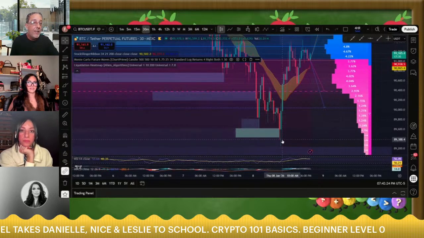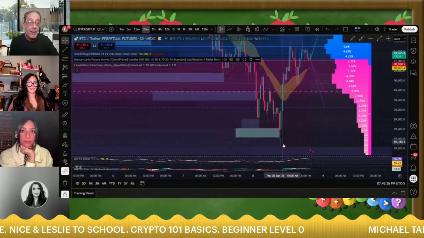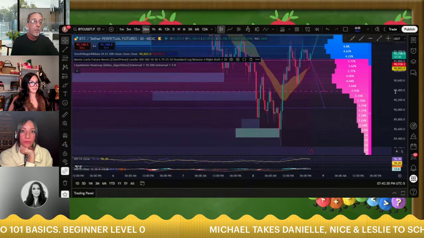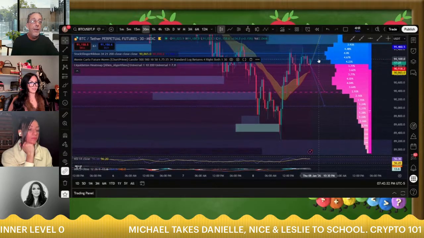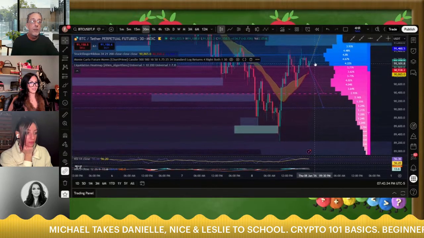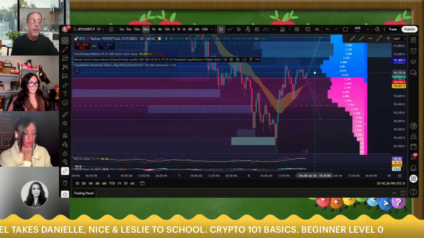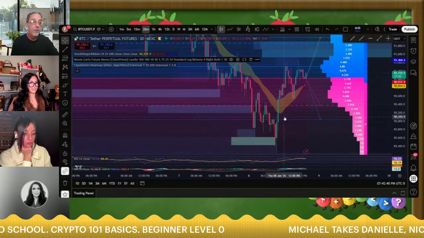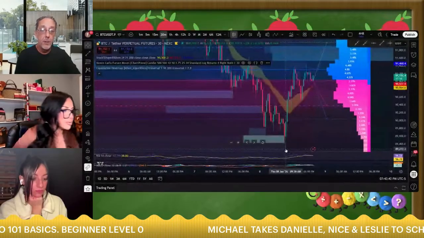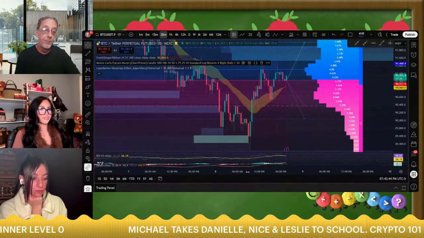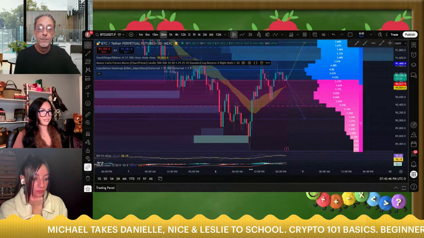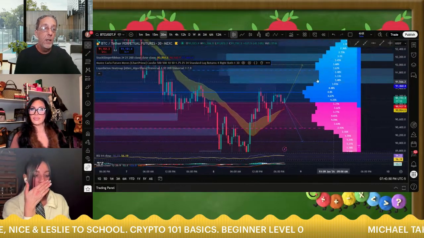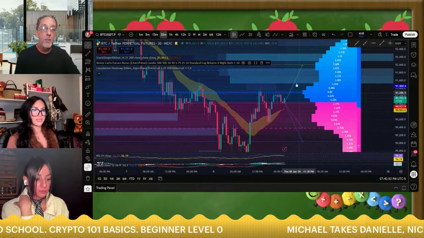It came all the way down to 89,263. And now we're sitting up here at 91,160. So we've come up almost $2,000 over the past, I don't know, 9 or 10 hours, but look at all the liquidity up here. That's what it's probably going to go after.